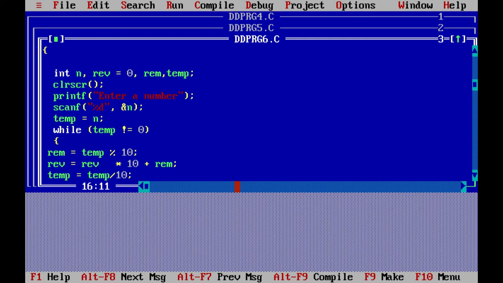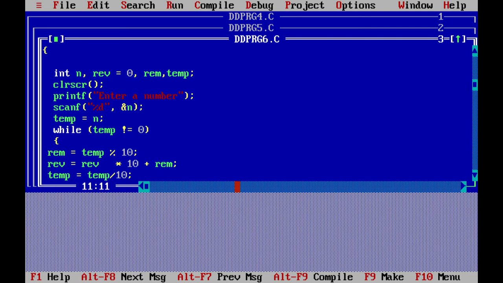And if you are entering the number 757, initially it is 757, and from the back side also it is 757. So for this type of number it should check and display the message, yes it is a palindrome number, or it is not a palindrome number.